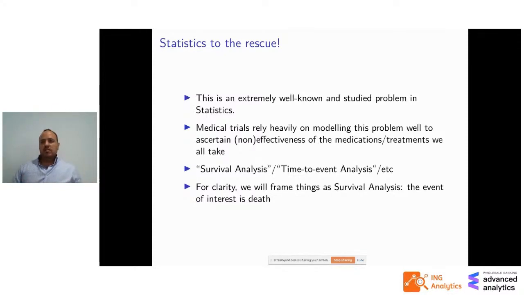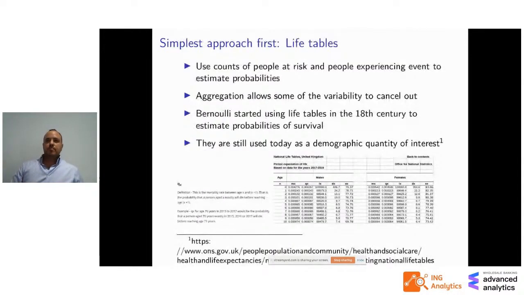And just for clarity, from here on I'll frame everything where the event of interest is death, right? I have no medical background, I'm not an epidemiologist, so do not read anything medical into this. This is purely a toy problem, so you can see how you could apply it to the case that you're interested in, okay? So the simplest thing you can possibly do is to use life tables, where you literally count within this period of time how many people died, and how many people were at risk at the beginning of the year, right? Bernoulli started doing this in the 18th century, I believe,